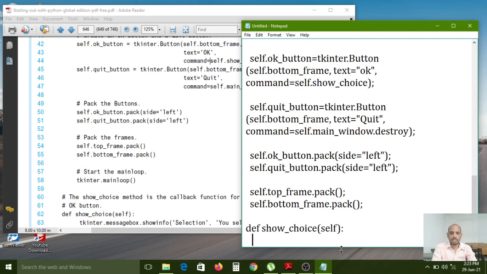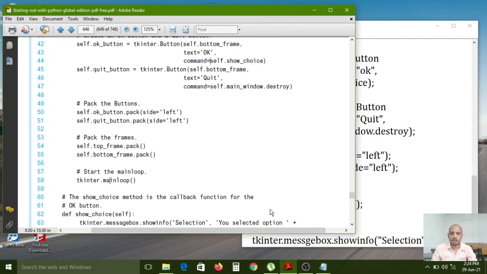Here we have to use tkinter.messagebox, because it creates one more window. After clicking the OK button, it will automatically generate one more window. In that window, the message is what we have configured in the showinfo function. The first argument is the window title.